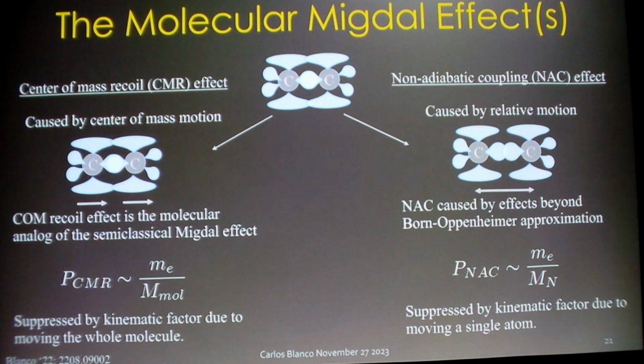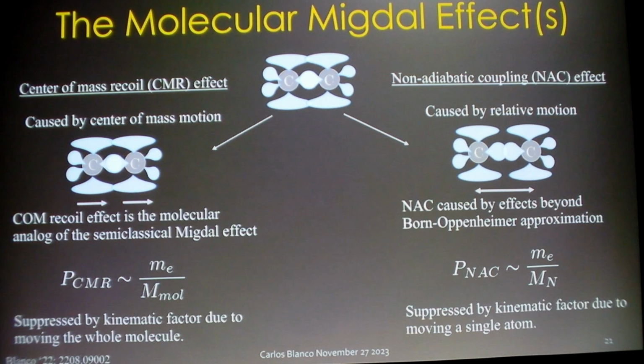And the way to understand this is that if I have the most basic molecule that you can form, which is just 2 atoms, how do you shift the nuclei? Well, you can decompose all of their motion into a center of mass motion, where they move together, and a relative motion. And each one of those 2 things come with their own separate probability of excitation of the electrons, right? And so the center of mass one is totally morally equivalent to the atomic Migdal effect, whereas this relative motion one is something totally new that only exists in these scintillators. And that's the non-adiabatic coupling Migdal effect. And so this comes from effects beyond the Born-Oppenheimer approximation.